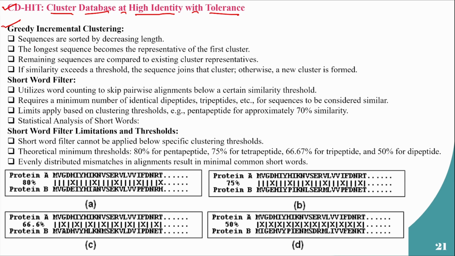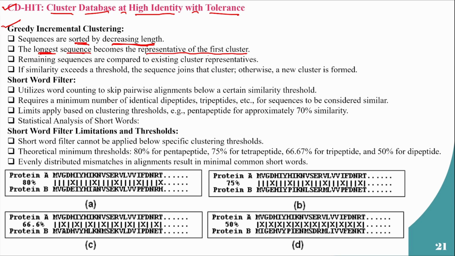What it will do is that, firstly, it will sort the sequences by decreasing order of length. Okay, so firstly that sorting is coming, and then it will take the longest sequence, and that sequence it will consider as the representative of a cluster,